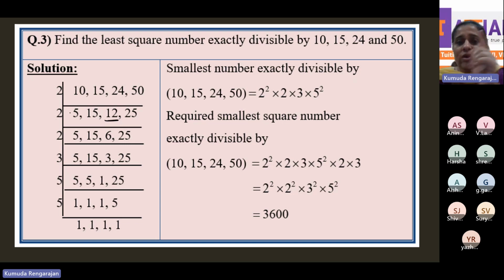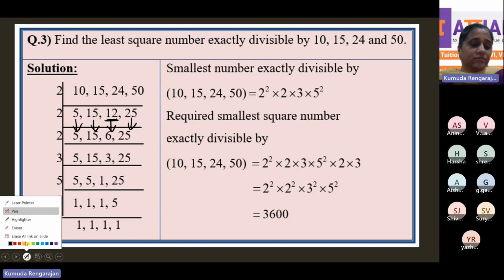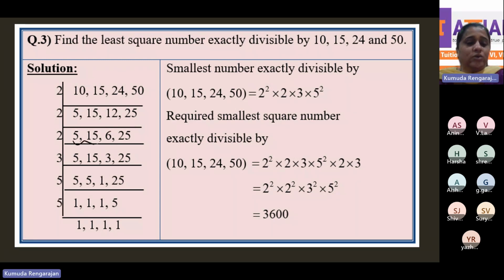I told you at least one of the four numbers must be divisible by 2. So for the sake of 12, you can take 2 again. So 5 as it is, 15 as it is, because they're not divisible. So write them as it is. And then 12 is 6 times, 25 as it is. Now in this step, again, you can see 6 is divisible by 2. So I always start from the least prime. I'll not jump to 5 and then come back to 3. I'll not go to 5, 7 and then come back to 2 and 3. No, I always start from